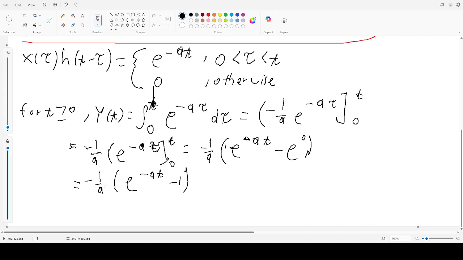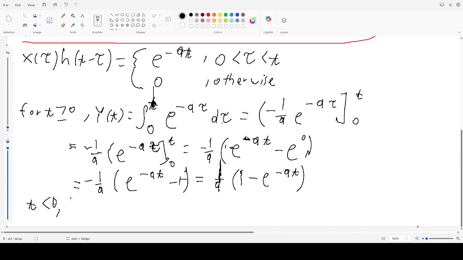And to make it look a little neater, we can pull the negative inside. Equals 1 over a times 1 minus e to the negative a t. That just looks nicer, if it wasn't for the cursor jumping around. And also, for t